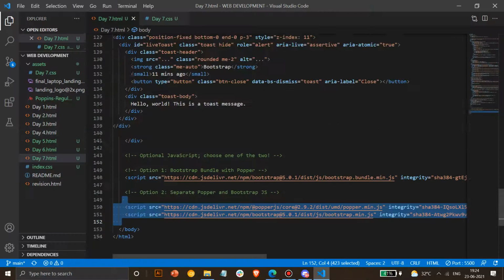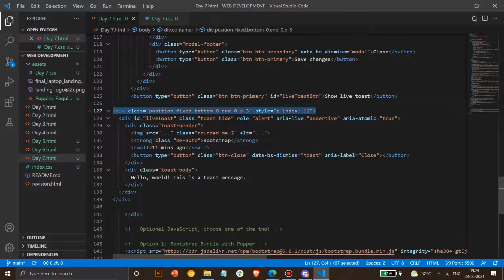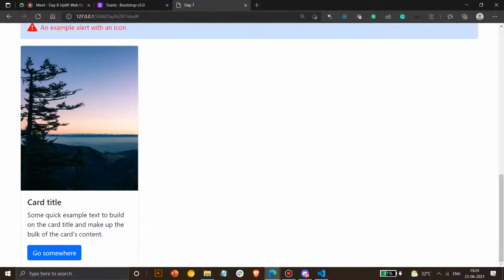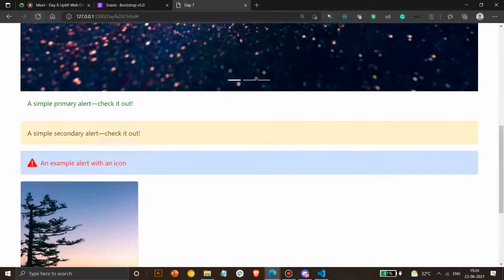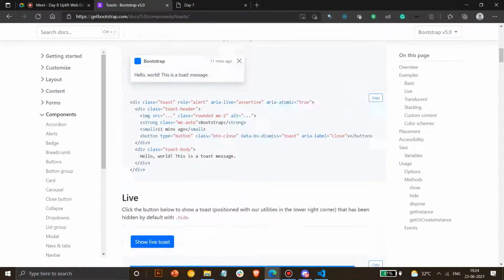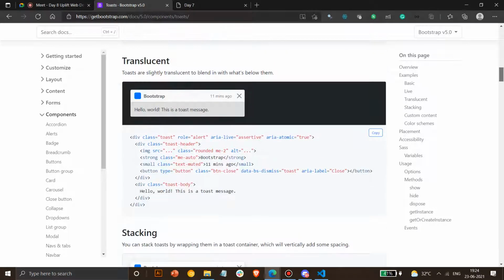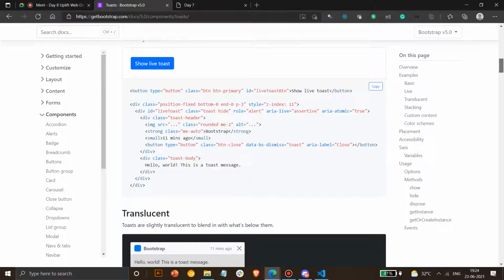Normally if you don't specify that, it will normally show the toast too. So if you remove this, dot hide removes it basically. So if you remove that, you can normally see the toast anywhere. Other than that, I think everything is there. You can specify fixed bottom 0, or you can change it to top 0, end 0. So here you can change the position of it if you want to, and the rest it should work.